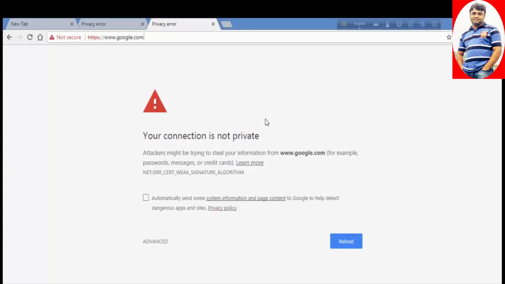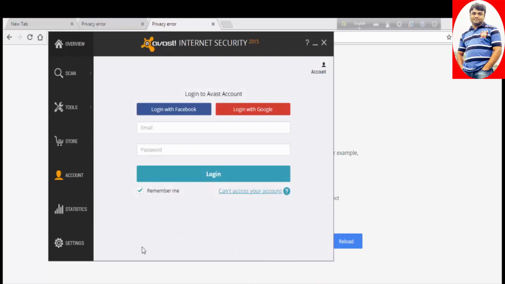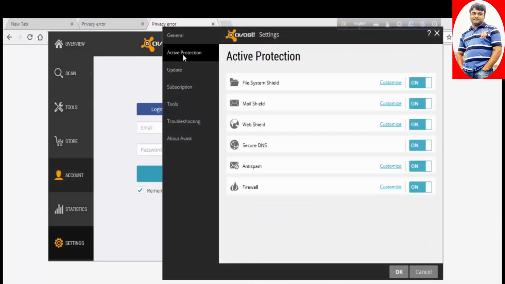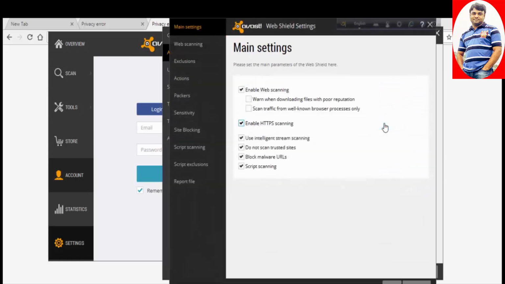Another major reason for showing this message is our antivirus. We need to change some settings of our antivirus. In the antivirus there are some settings which protect our computer from browsing insecure sites. We have to change it. At first we have to open our antivirus, go to settings, go to active protection, web shield customize, then